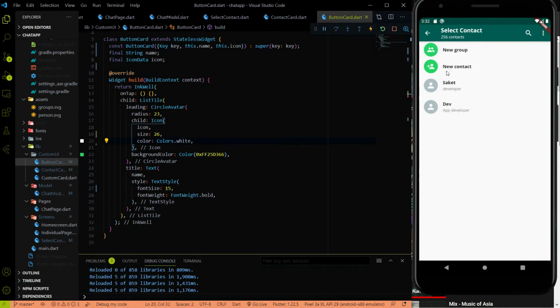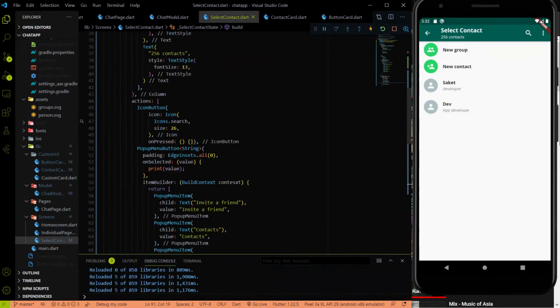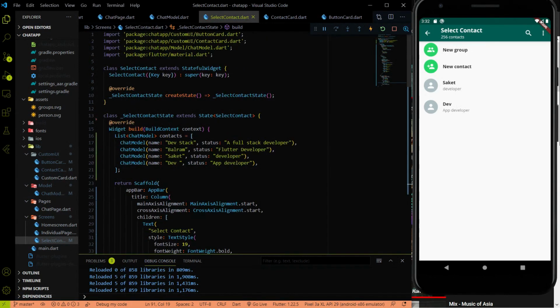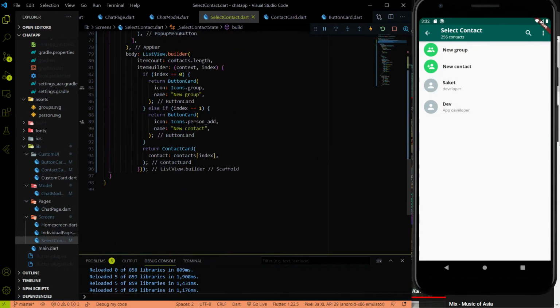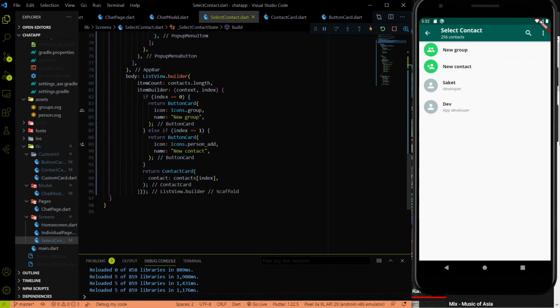The only difference is here: in the select contact.dart file, we had 4 instances. But here you can see that we are only able to see 2 instances. We are not able to see those 2 instances because here we added the condition: if the index is equal to 0, then show the new group button. If the index is equal to 1, then show the new contact one.